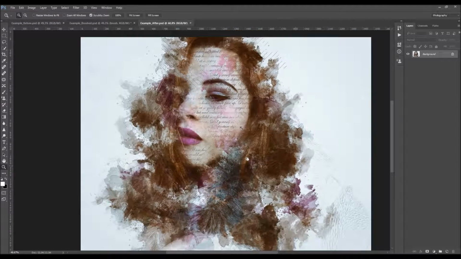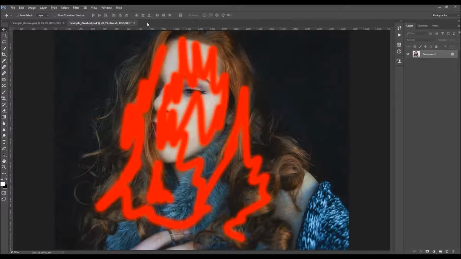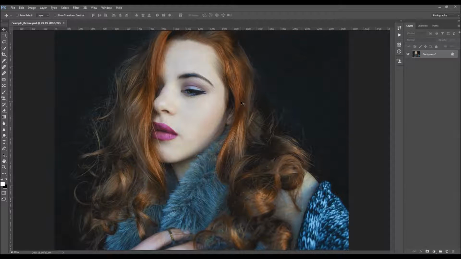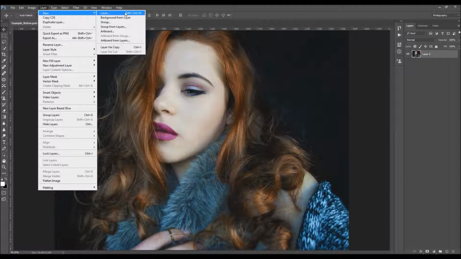Okay, so I'm just gonna close these two windows. So when you open your photo, before you use the action, there are a few things that you should check to make sure the action runs without any errors. So the first thing that you should check is that your photo is a background layer, so it should be called a background and have this lock icon. So if you have something like this or anything else, just go to layer, new, and just choose a background